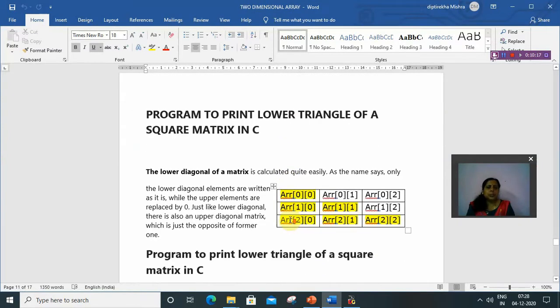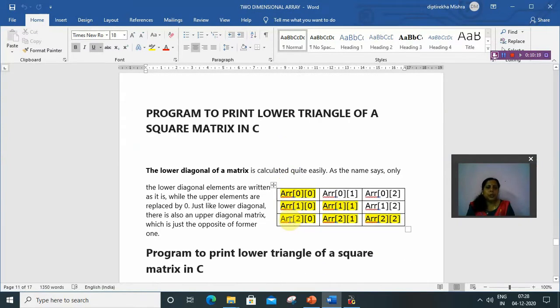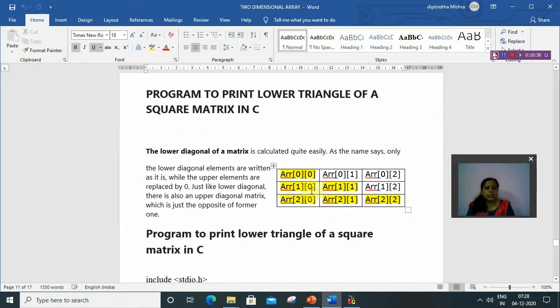The next program is to print the lower triangular of a square matrix. We can print lower triangular, upper triangular, lower left and lower right. We just have to check the logic between the elements of the triangle and print it. Here, this yellow portion is the left lower triangular.